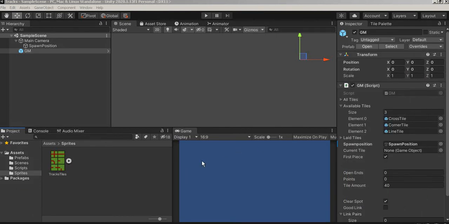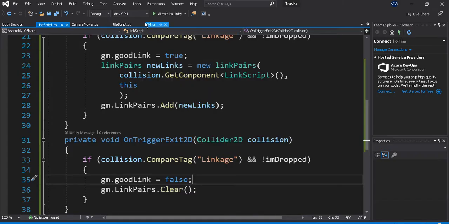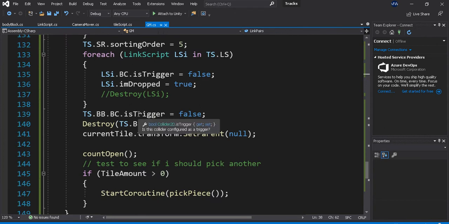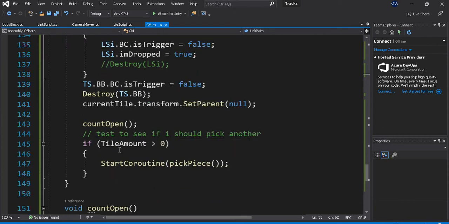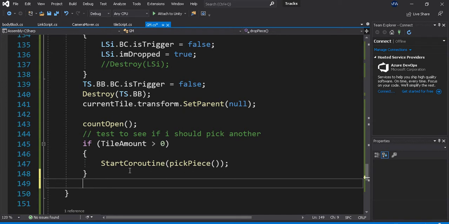Okay, so the game just kind of keeps going and going and going, which means we need to end it either in running out of tiles or in running out of time. So we do have it tracking our tiles going down, and I do say that if the tile amount is greater than 0, to keep on choosing more. But once that tile reaches 0, then I'm going to want to say,